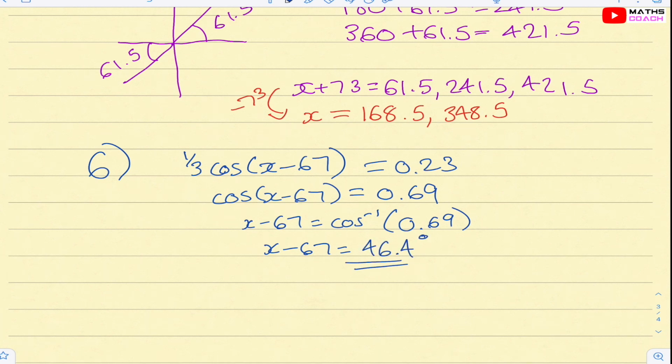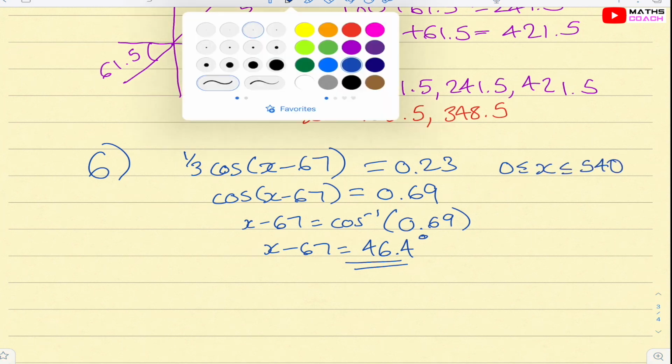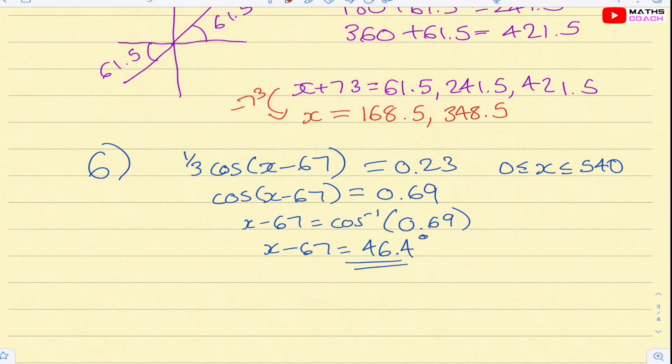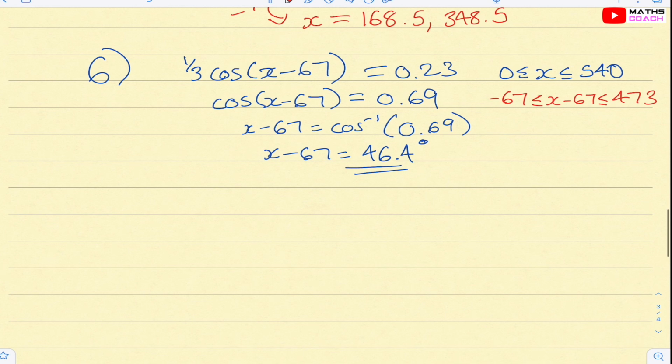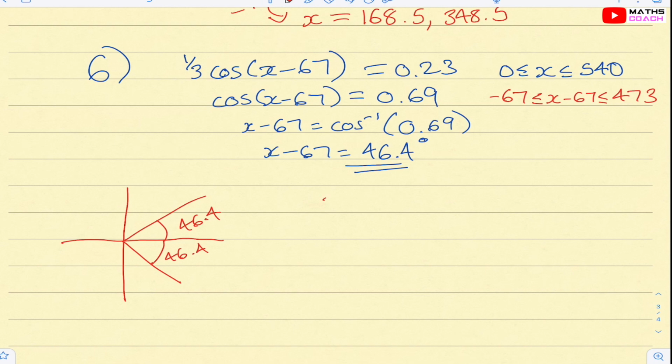Now, we need to change our interval. That's one thing we cannot forget. So we've got between 0 and 540, so our new interval we're looking at is between minus 67, because we're looking at x minus 67, and 473. So let's draw our CAST diagram. Cosine is positive in these two quadrants, so it's 46.4 and 46.4 in these two. We've got 46.4. We're going to do 360 minus 46.4,